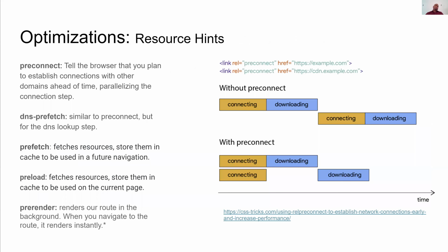So the first optimization that I want to talk about is resource hints. I think you've probably seen these. They're usually a link tag with a rel attribute that is this funky rel attribute that you might not know off the top of your head what it does, but you probably get a feeling because the name is semantic. And so we're going to cover these